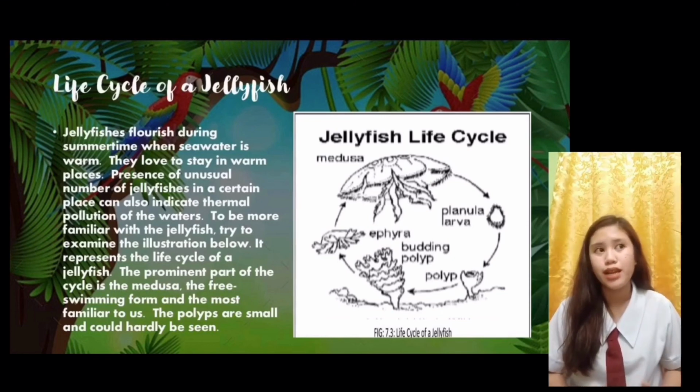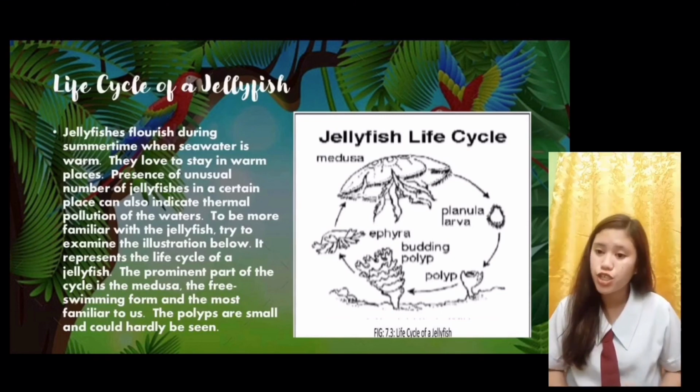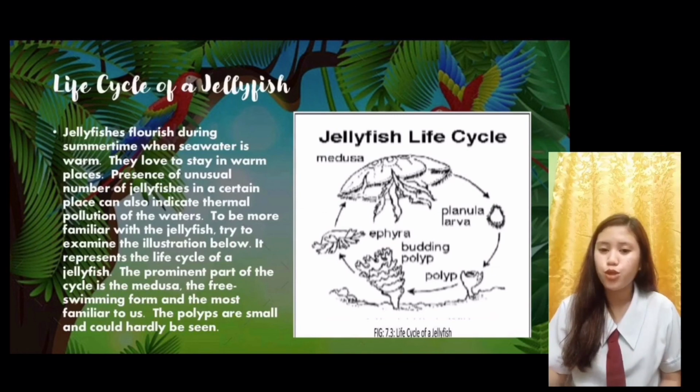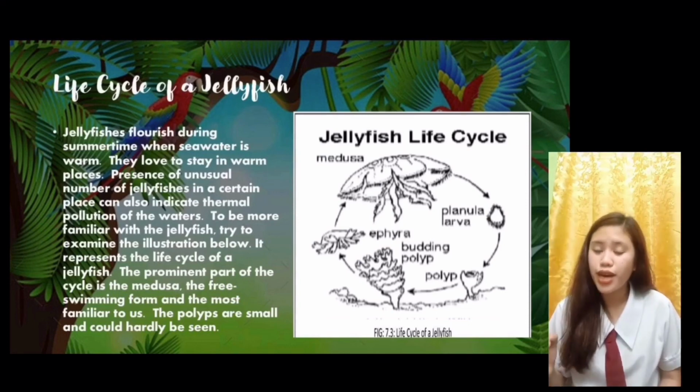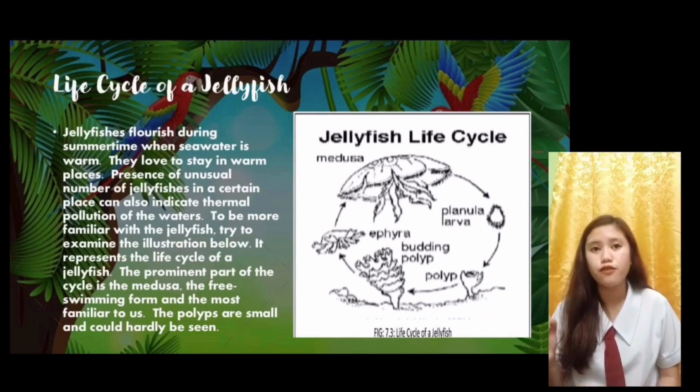Para po mas makilala natin at mas maintindihan ang isang jellyfish, meron po ditong picture kung saan nagpapakita po siya ng life cycle ng isang jellyfish. So, kung makikita po natin, meron po ditong medusa. Ito po yung kanyang reproductive stage kung saan makakapag-produce po siya ng egg. And yung egg na yun is tinatawag natin planula larva. Kung saan yung egg na yun ay magfo-floating sa water hanggang sa ma-reach na po yung endpoint ng sea, kung saan doon po siya mag-i-stay hanggang sa ma-develop siya as a polyp.